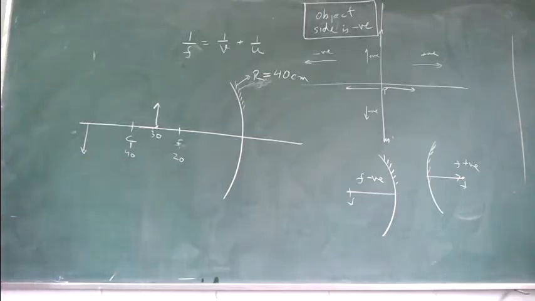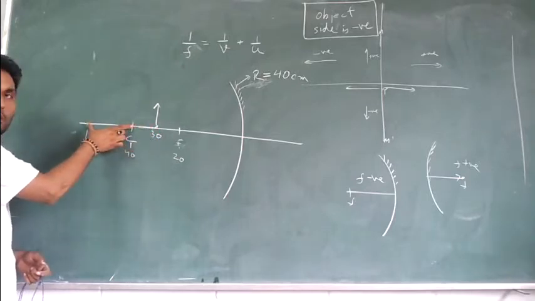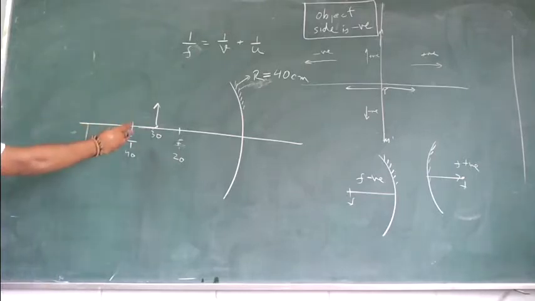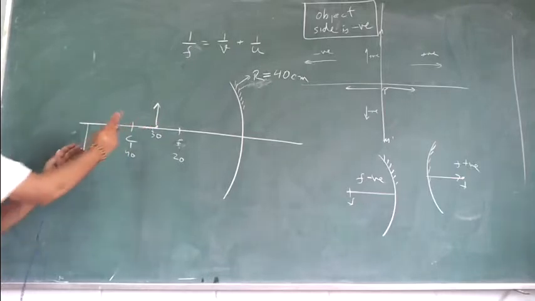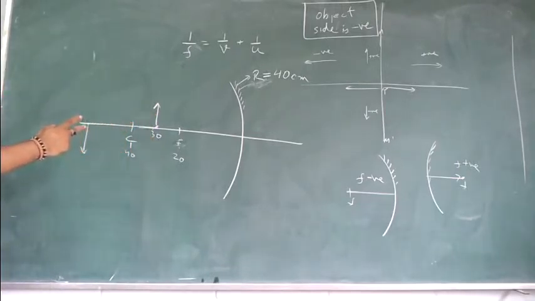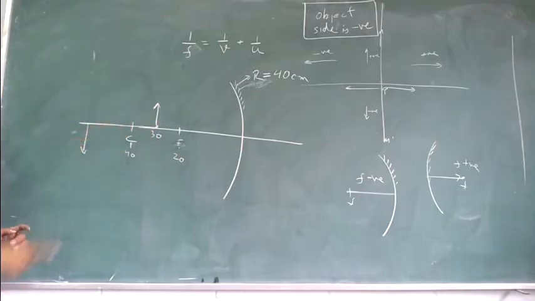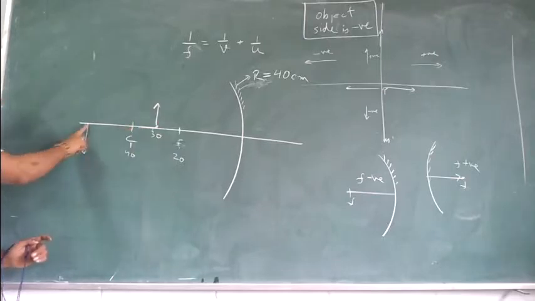I am clear of more things also, by the way. One more thing I am clear of is, listen very carefully. How much is this distance? 10. So this should be more than 10. Why? I told you when it travels hundreds of meters, it goes only a few centimeters. So when it starts going a few centimeters over here, this goes large over there. If it goes 10, this will go more than 10. If it even goes a little, like 1 centimeter, it will go more than 1 that side.